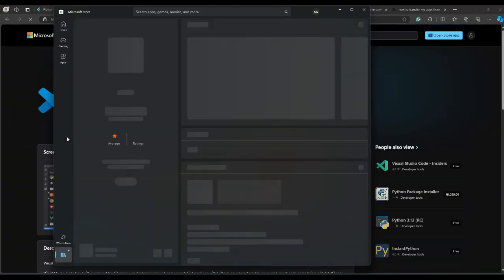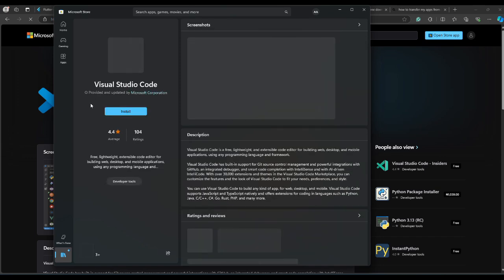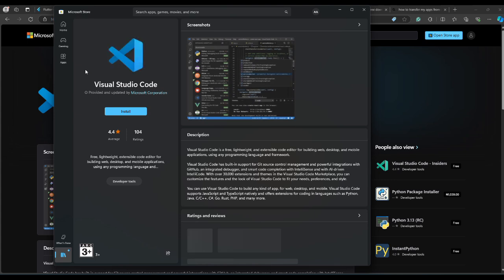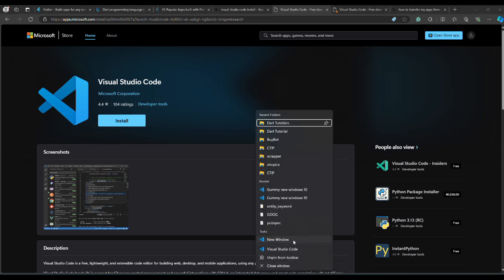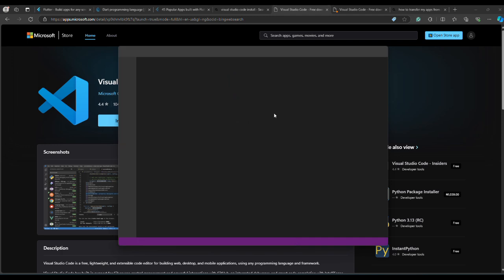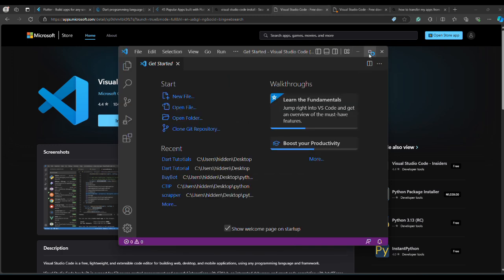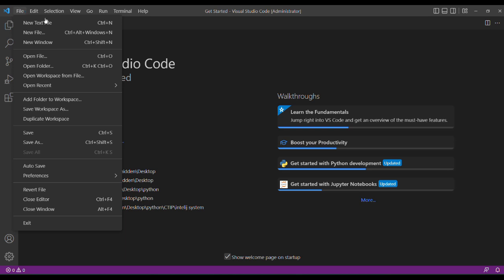So let's install Visual Studio Code in order to test. In order for us to test the framework, let's test the code on Visual Studio Code. You can install it from here. I already have it installed, so I won't be installing it again. Just click on install. So once you finish installing it, you open your Visual Studio Code. Once it is fully opened, the next thing we need to do is to